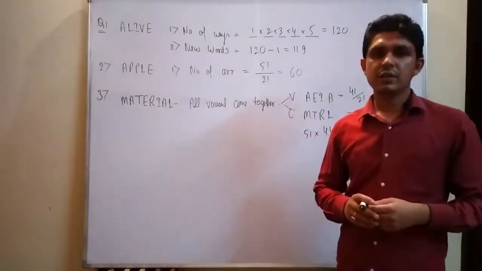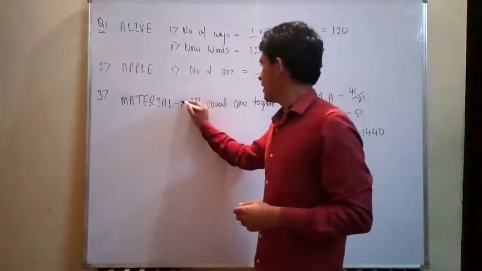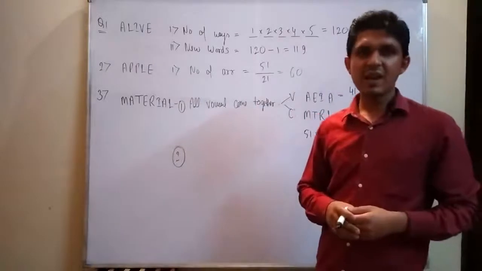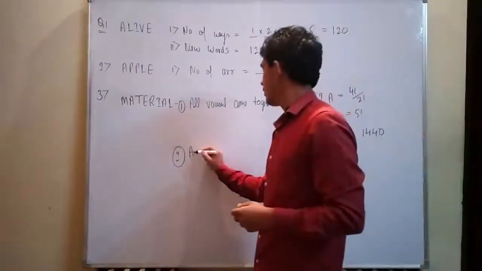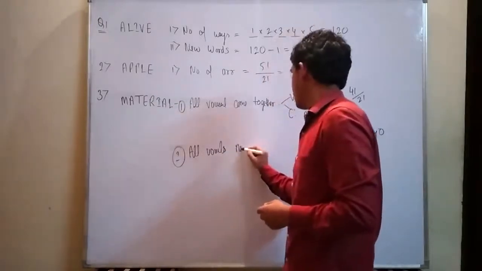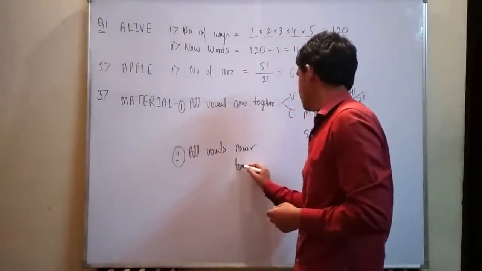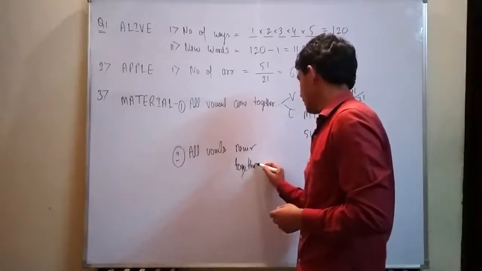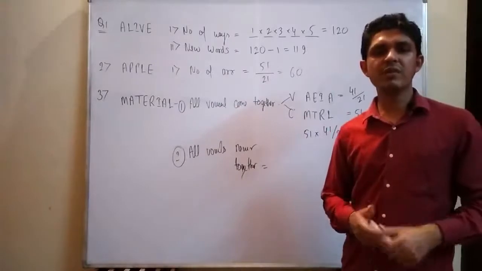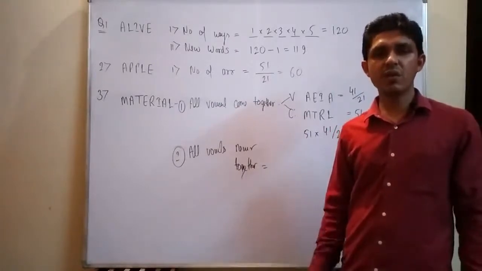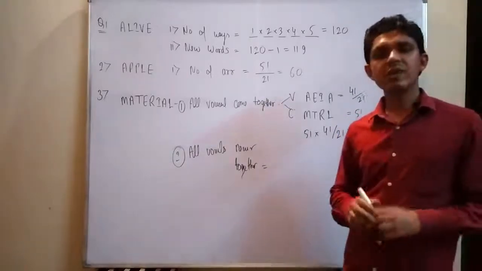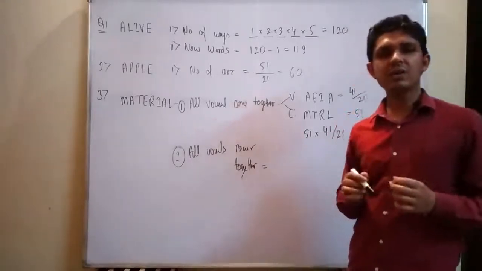right? Okay, a second question that can be asked in the same variety, like the word is material, and now the question is in how many ways the letters of the word material can be written such that all the vowels never come together. All the vowels never come together. If you remember, we have already done the same scenario in object based arrangement. So for this, what we have to do, we have to find out all the arrangements.